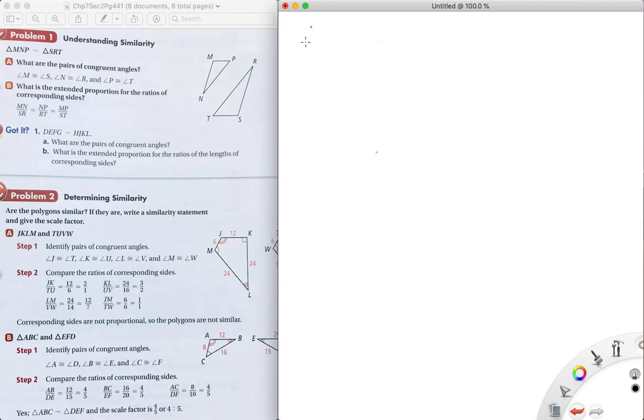Start over. Alright, I'm going to use this one. So we have D, E, F, G. We're told that that shape is similar to H, J, K, L. Okay. Now, we can draw this. If you guys can't see it, you can do a visual and just say